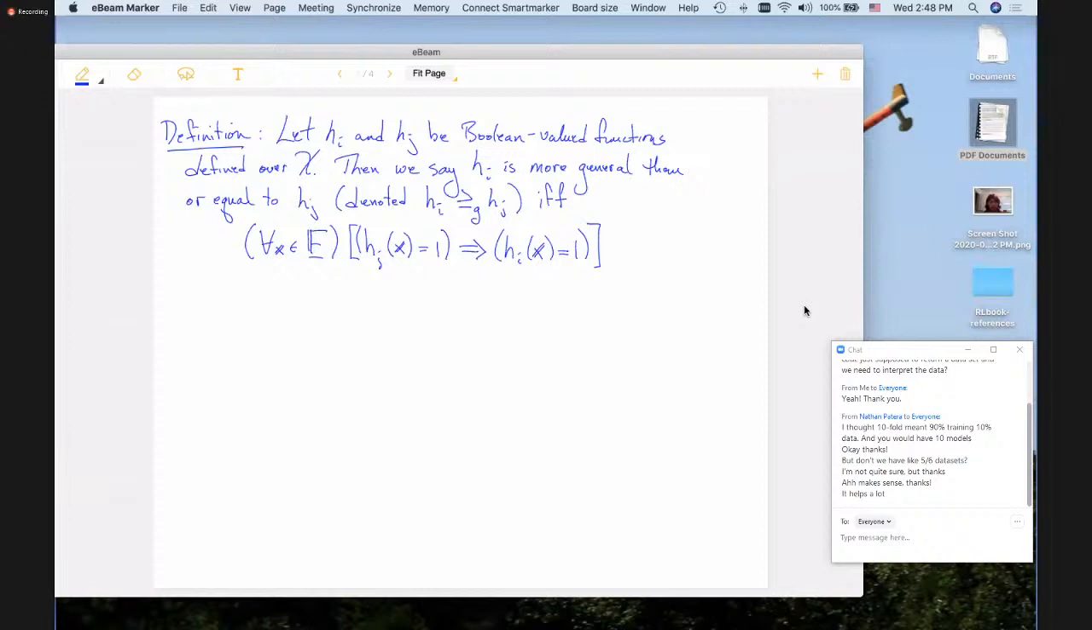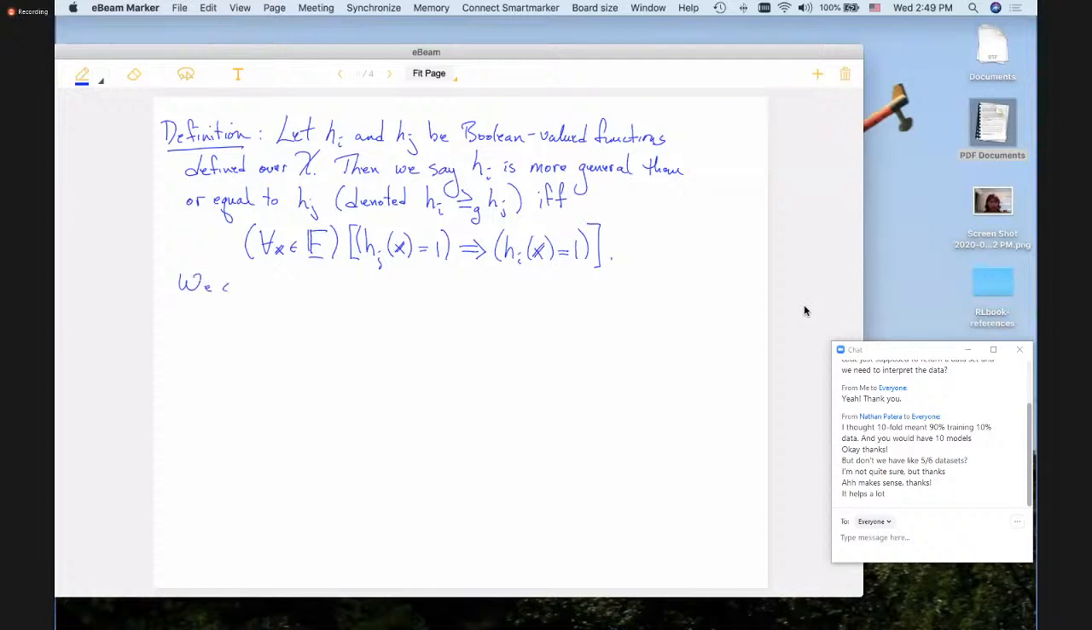Now notice that since we're using implication here, it doesn't say anything about going the other direction. So to decipher this a little bit more, when we go back and look at the or equal to part of that definition, then we can reverse the implication, where hi of x equal to 1 will also equal hj of x equal to 1. If the reverse does not hold, then all we can say is hi is strictly more general than hj. Okay, so